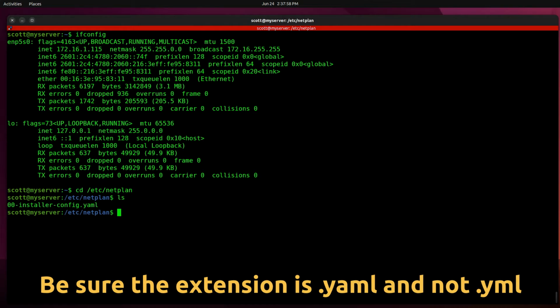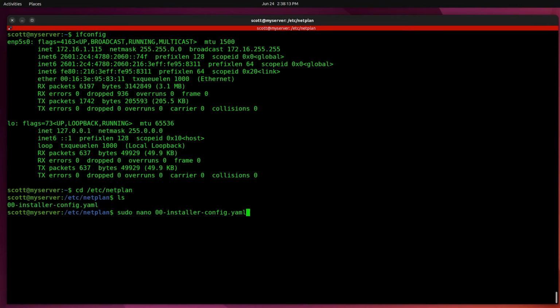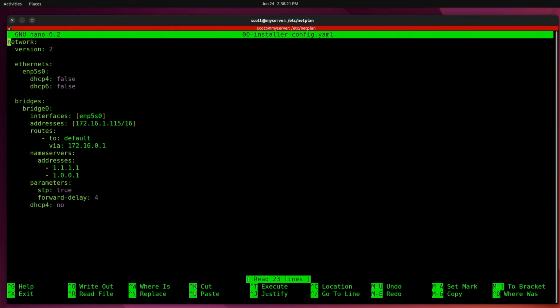That's because if there are any other files in this folder, it will execute them in order if you have multiple Netplan files. But in my case, I only have one, so it's just called 00-installer. So I'm going to edit this with sudo nano 00-installer-config.yaml. And you can see here, the first thing is I have the name of my physical Ethernet device that